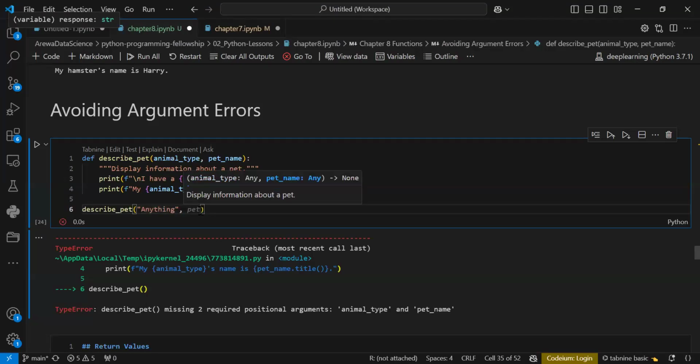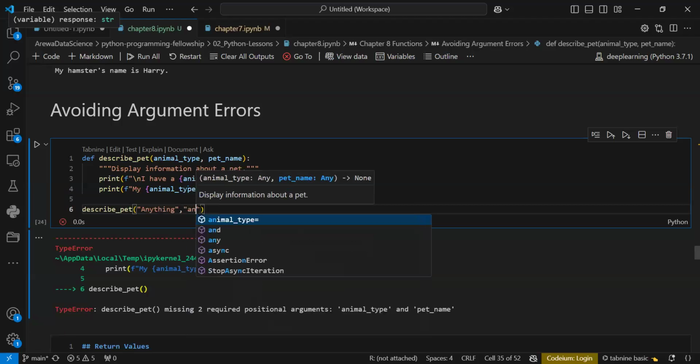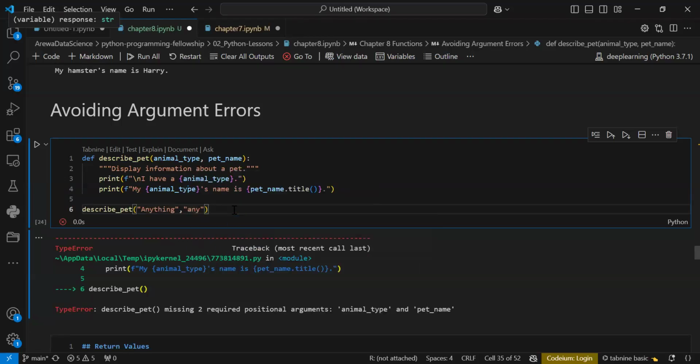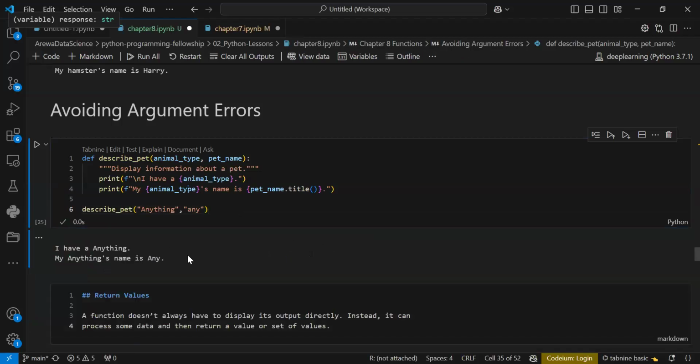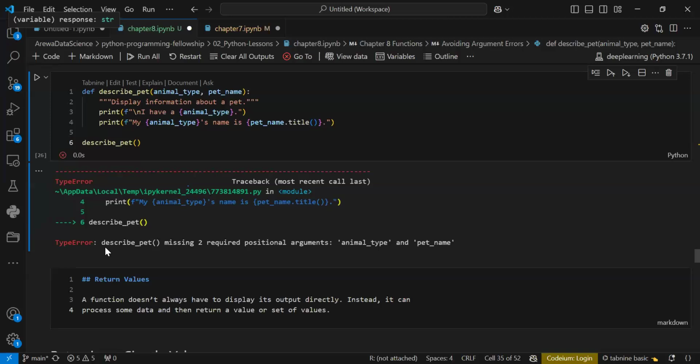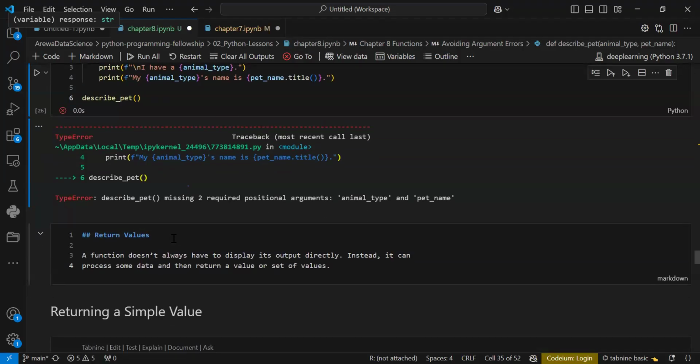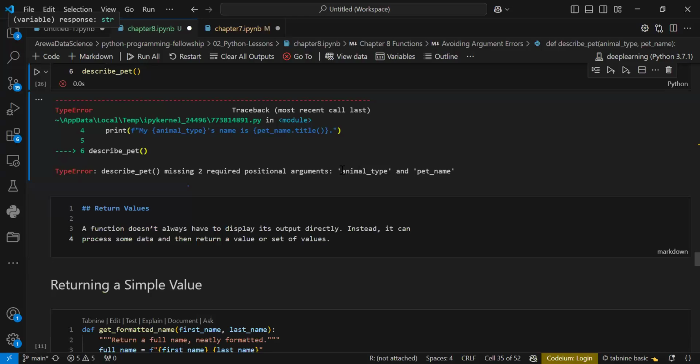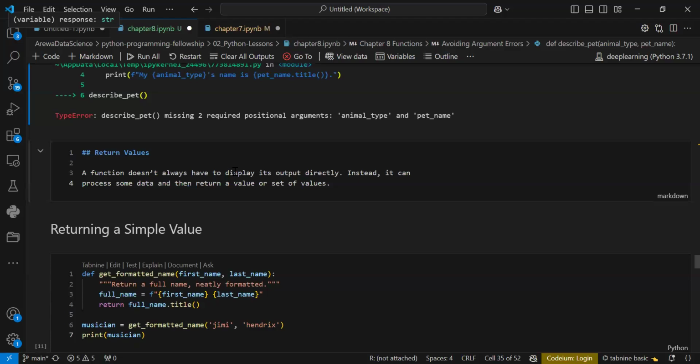Then here you can also write anything, for example. So when we run, we don't have any error, because the function expects two parameters that were missing. That's why we were confronted with this TypeError, and this is the description of the error. It tells us the names of the parameters. If you like, you can just copy them and put them in so that you can have the keyword